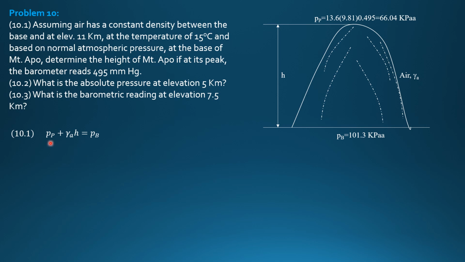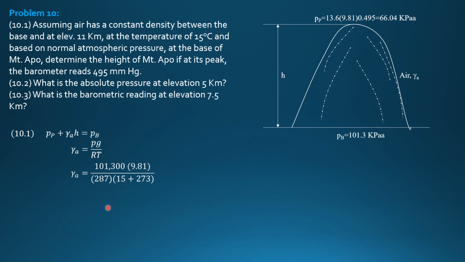So this is the equation: pressure at the peak plus gamma of air times height of Mount Apo equals pressure at the base, where gamma of air is pressure times G over RT. Pressure is 101,300 pascals absolute times 9.81 over 287, gas constant of air in newton meter per kilogram kelvin, then absolute temperature